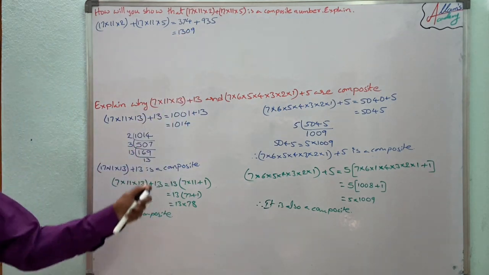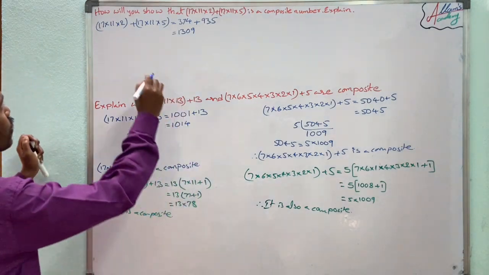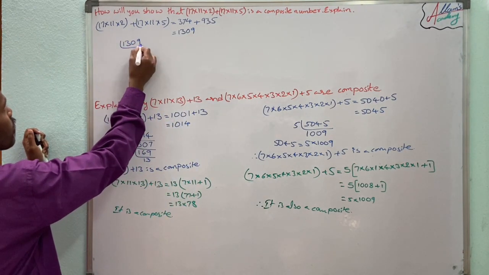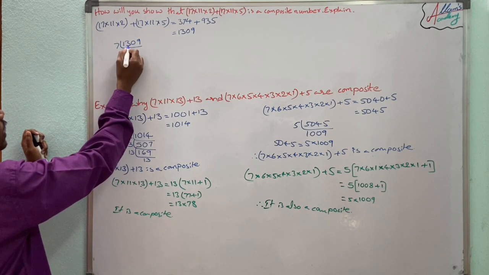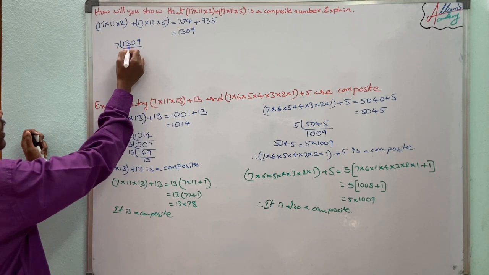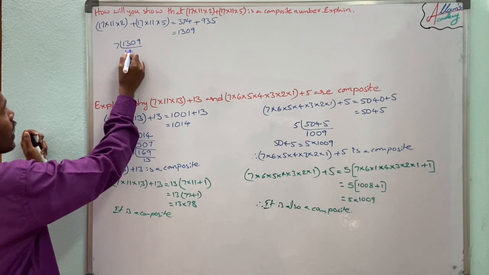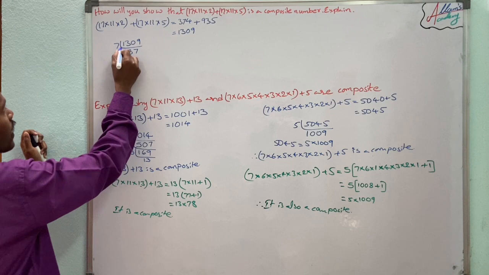1309. Now we do the prime factorization of 1309. It will go in the 7 table. 7 1s are 7. 13 minus 7 is 6. So 60: 7 8s are 56. 4 remaining, 49: 7 7s are 49.